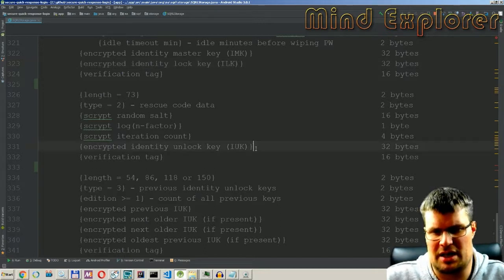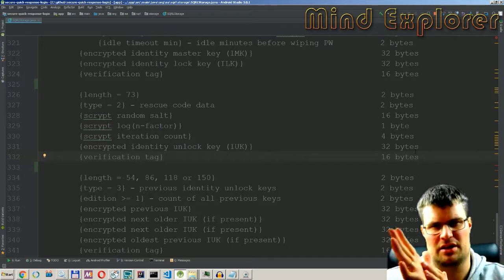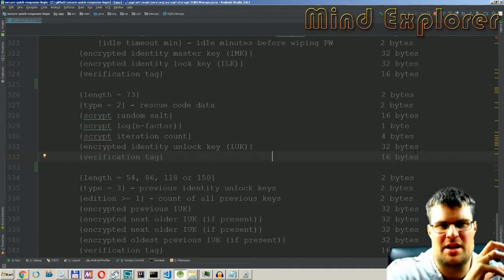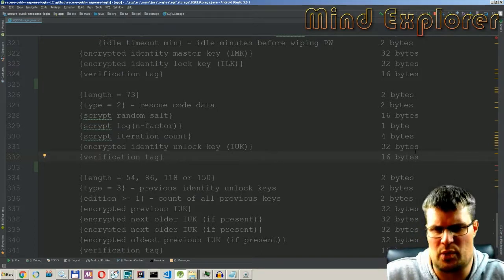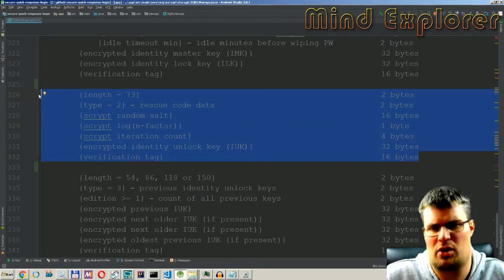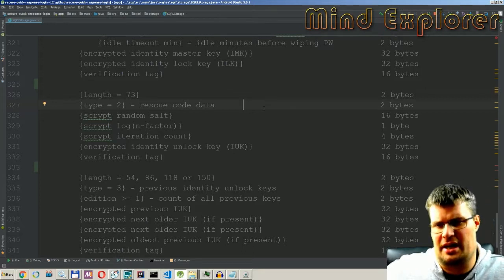And this unlock key is used to actually create a new master key, or authenticate with the server again if we lost our master key or if there was some problem. Then we will use our unlock key to create a new identity and keep the connection to the server with this key. So this is a much more secure block. This rescue code is quite large, and